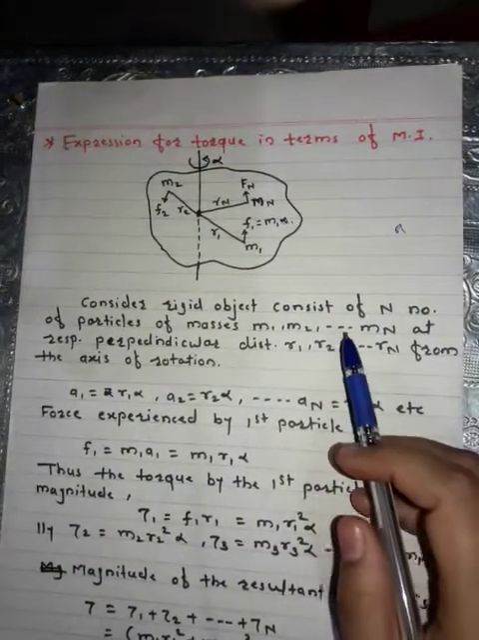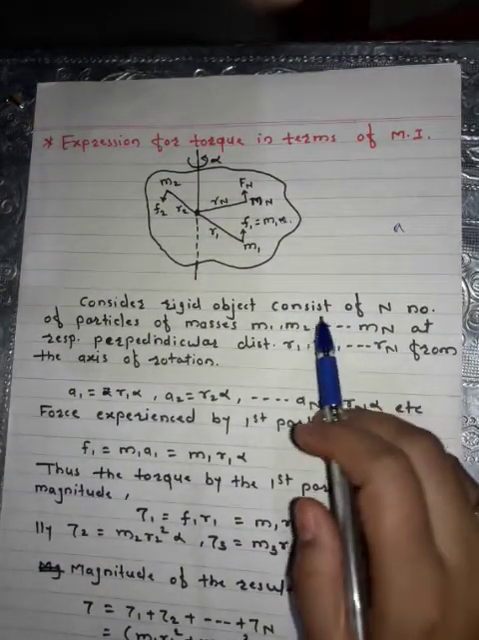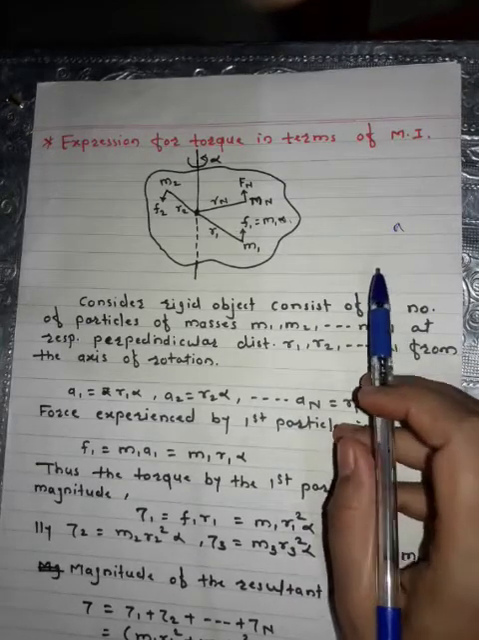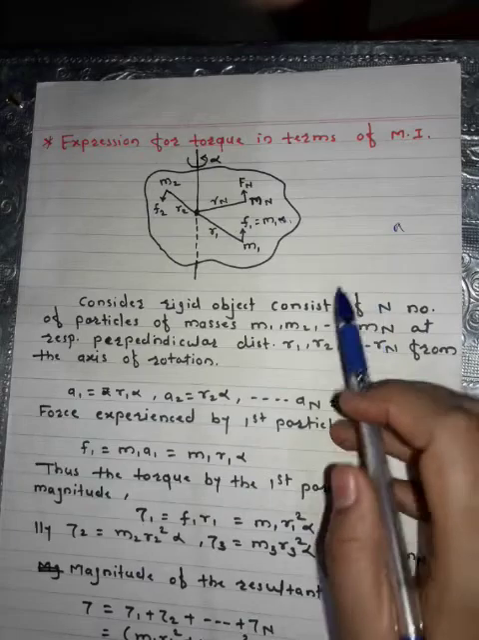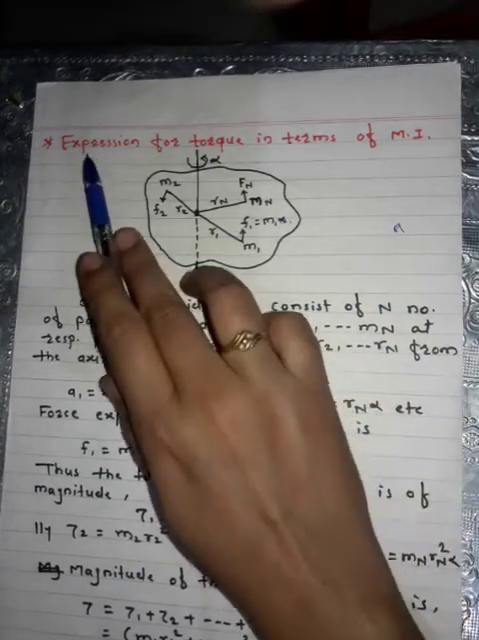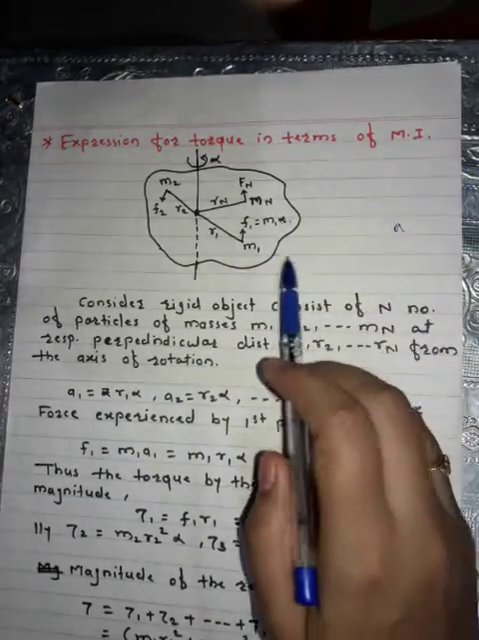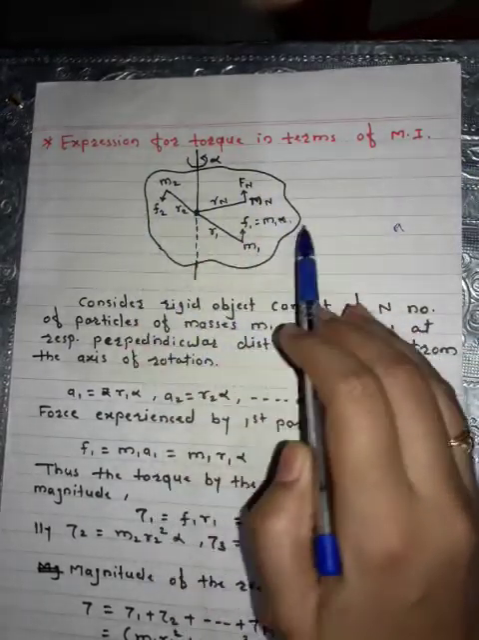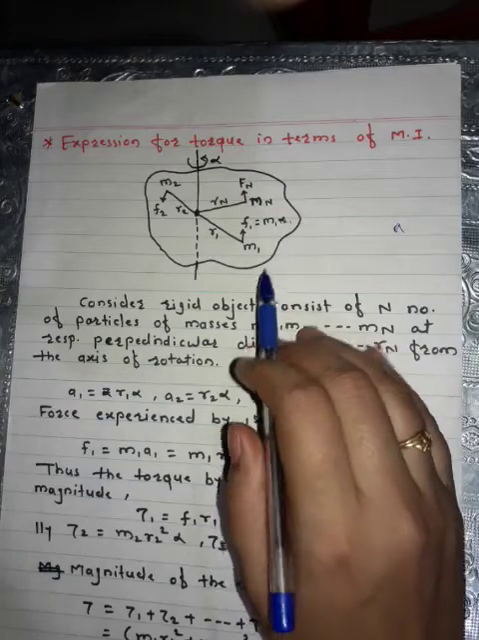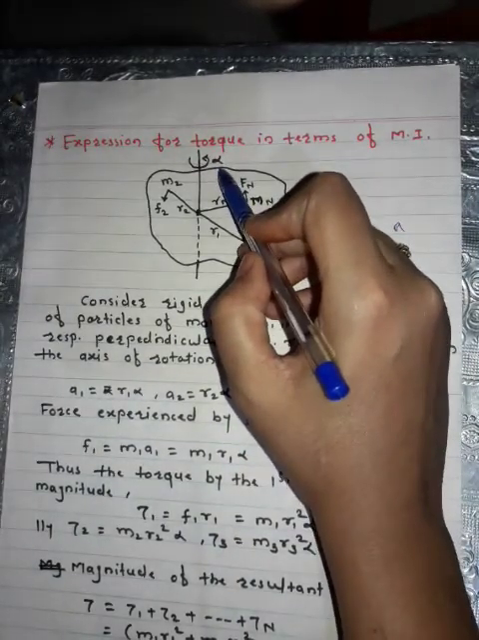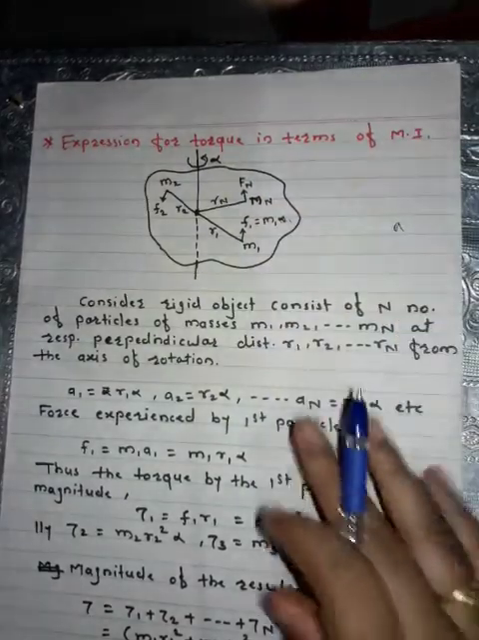Hello students, in the previous lecture we have seen the expression for angular momentum in terms of moment of inertia. So in this lecture we have to study the expression for torque in terms of moment of inertia. Here the figure shows a rigid object rotating with constant angular acceleration alpha about an axis perpendicular to the